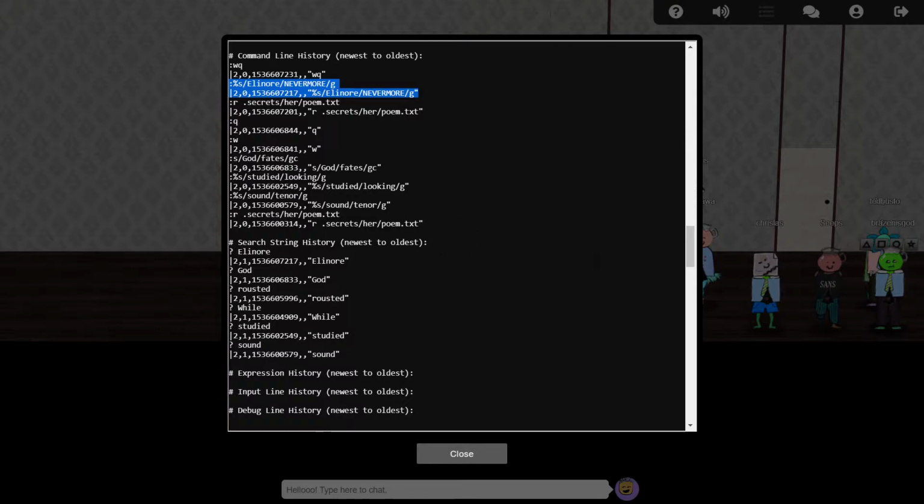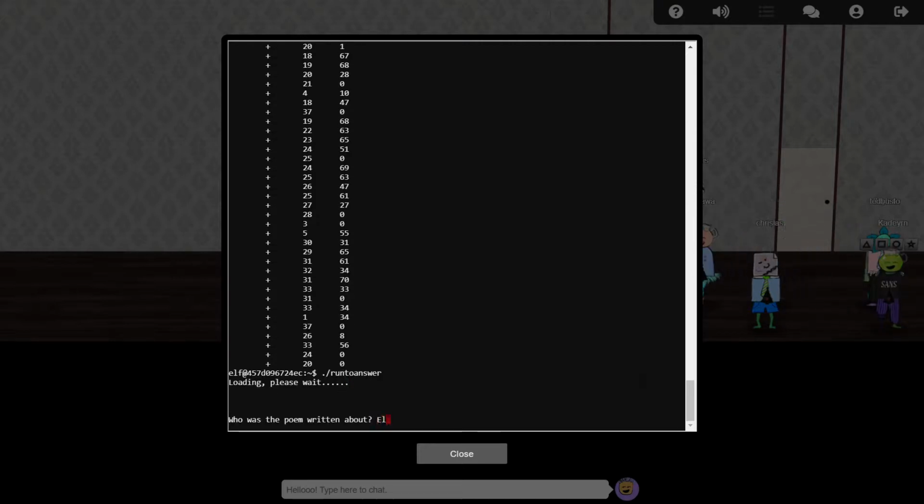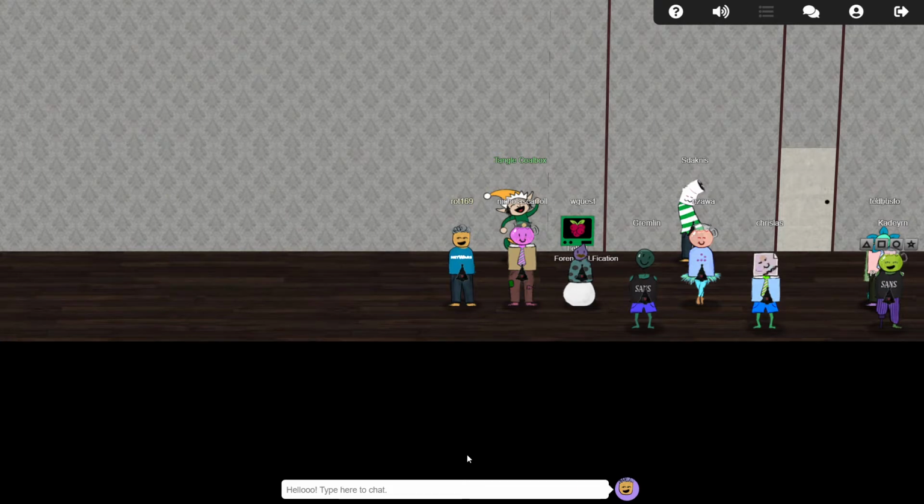We can also see the timestamp of when each command was run. Using an online converter tool, this number tells us our lover was jilted on September the 10th, 2018 at about 7:20 PM GMT. Submitting Eleanor's name to our run to answer script results in success, so let's turn our attention now to the main part of Objective 3.